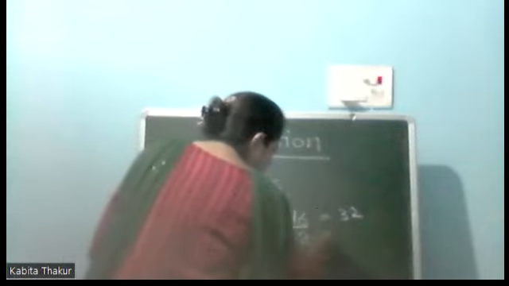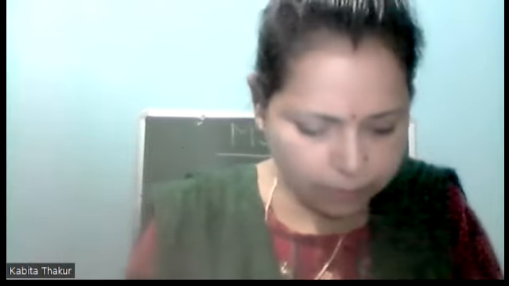And total time taken will be 4 second plus 2 second. That will be how much? 6 seconds. So what will be the speed? Tell me. It is covering 32 meter and it is taking 6 seconds. So it is 5.33 meter per second. Okay. In this way, we are going to calculate the average speed of an object.